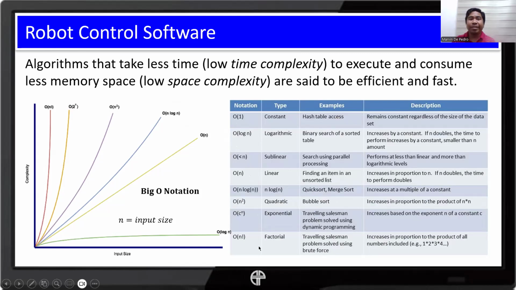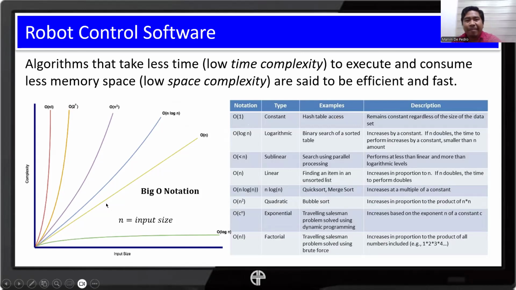Basically the point is, to know which one is better, we can take a look at their big O notation. You have to identify first what's their corresponding big O notation, and you can compare them. In this comparison, the best actually is O of 1, because no matter the size of our input, the processing time and the processing space required will still remain constant, will still be the same number.